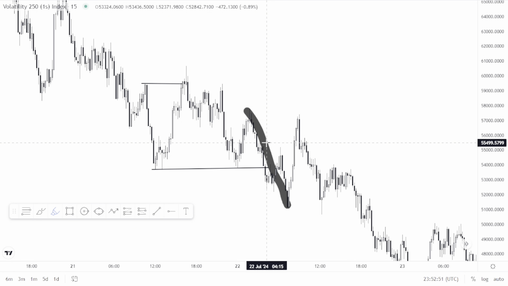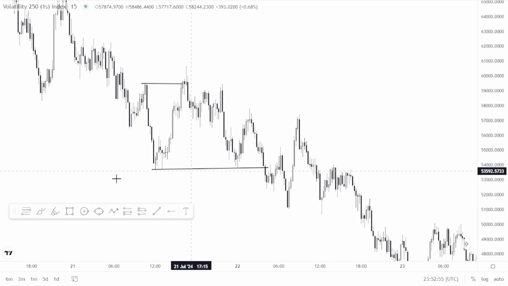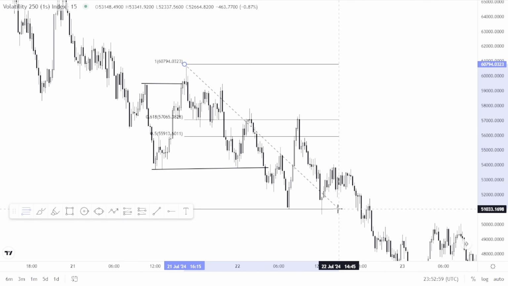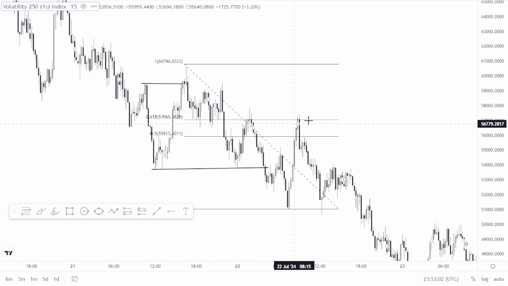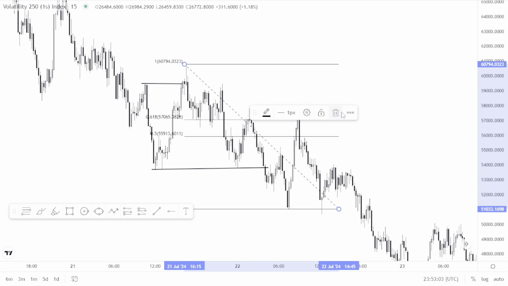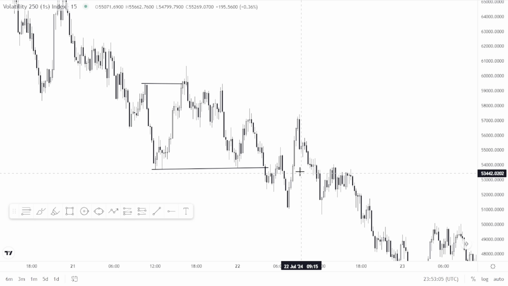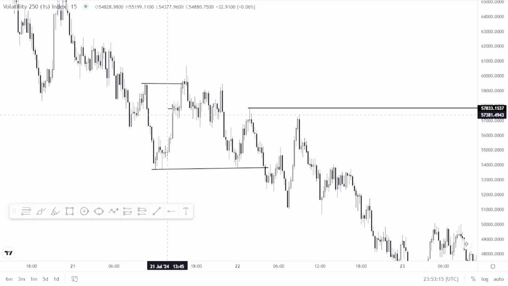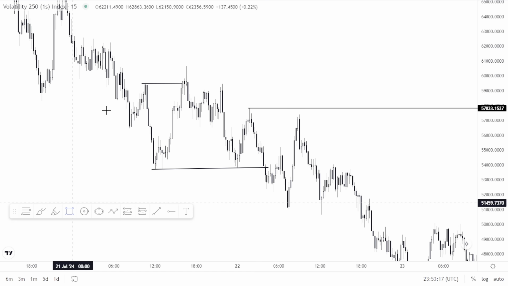So now, do we have a pullback? Is it up to 50%? Yes. From the swing high to the swing low that caused that break, we have up to more than 50%. But again, there is something that I always contemplate about, which I've been able to solve. So this should be our structural liquidity. But since this is closer to our POI, which we're going to mark out now,